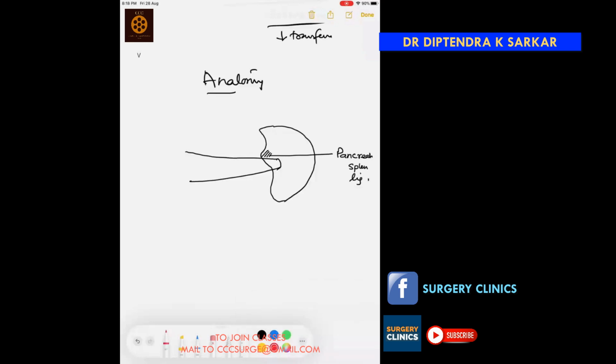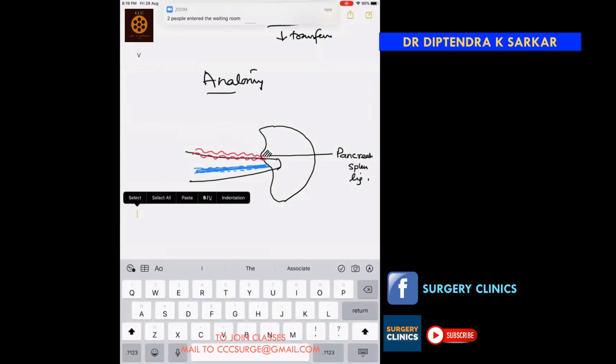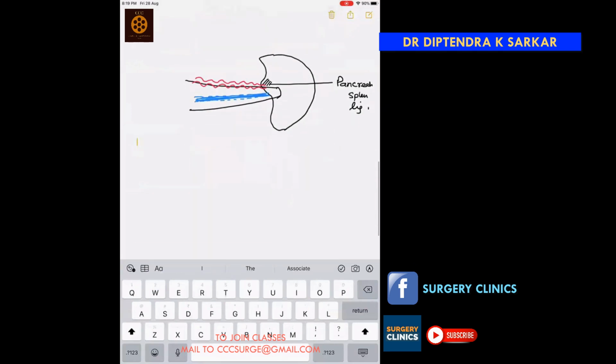Okay. Now you find here the splenic artery going in the top, on the superior aspect of the pancreas. You will find the splenic vein going behind the pancreas. And you will find the splenic artery